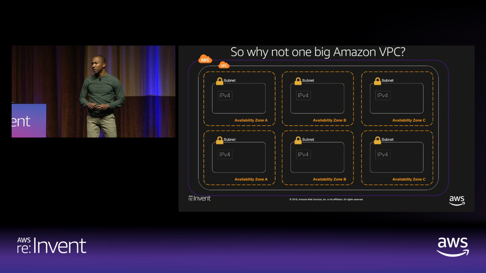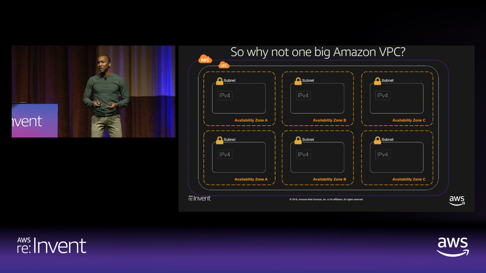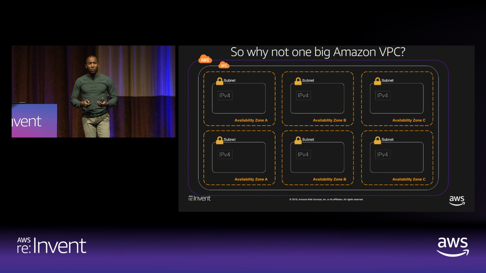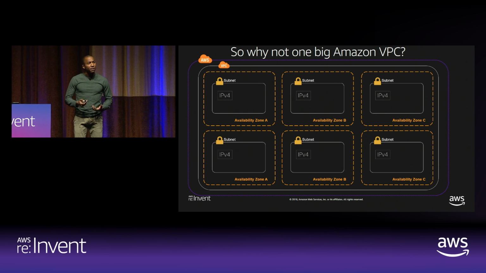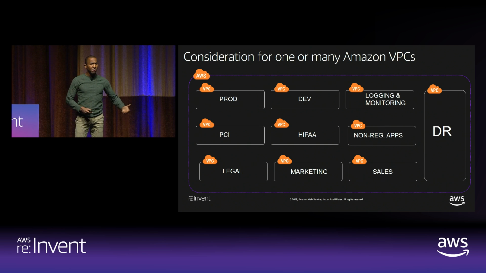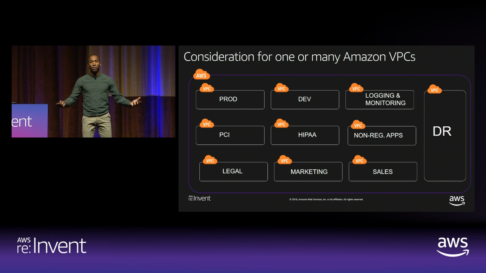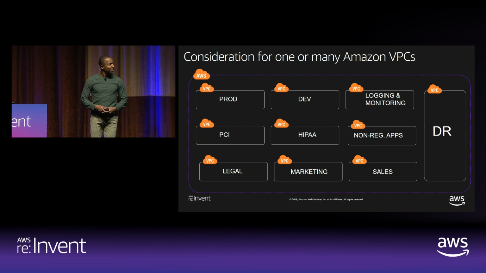What are some of the reasons for having multiple VPCs? And I'm sure some of you asked yourself that same question when you initially started using AWS. But what you quickly realize is that the different use cases and the different compliance requirements that you may have drives you to have multiple VPCs. So you end up with environments like this, where you have prod VPC separate and apart from dev VPC, because nobody wants API limits that exist within AWS to be exhausted by dev and then bring down your production environment. So you create multiple VPCs to overcome these limitations.